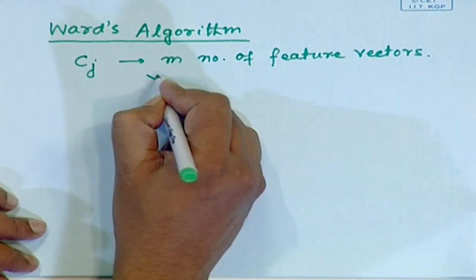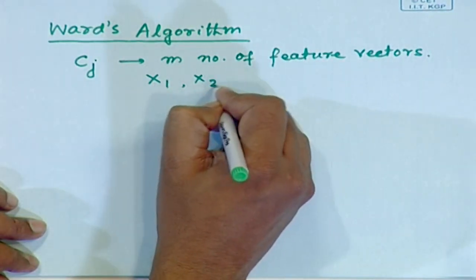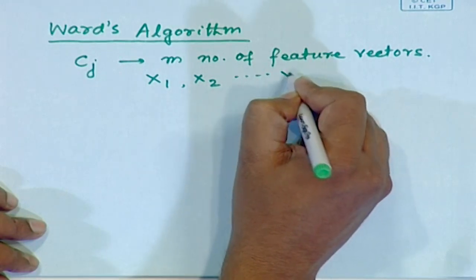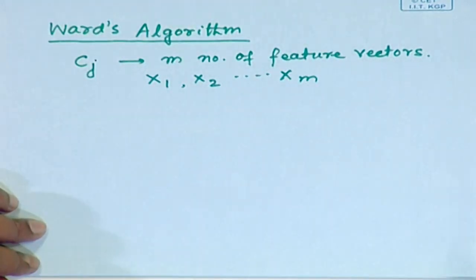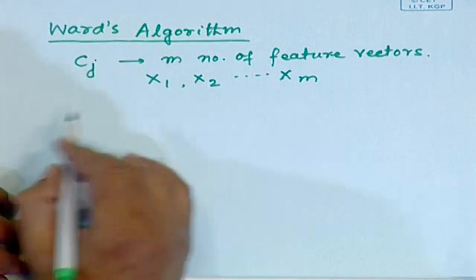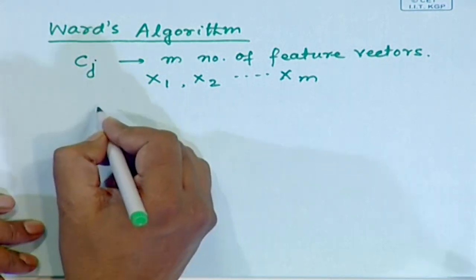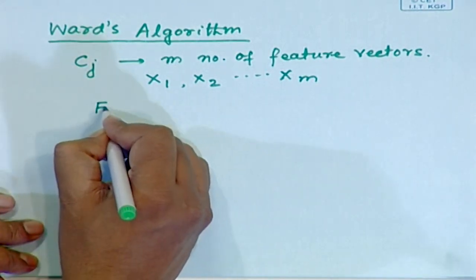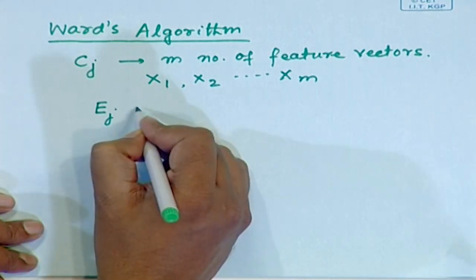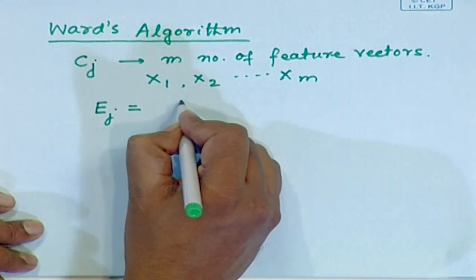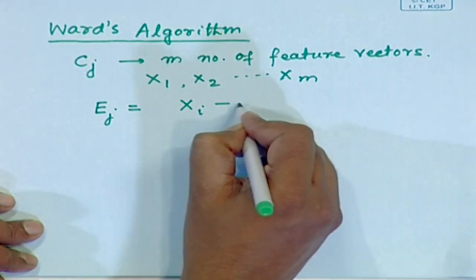We can term them as x1, x2 up to say xm. So, obviously, the error within the cluster can be defined as Ej, which is equal to xi minus